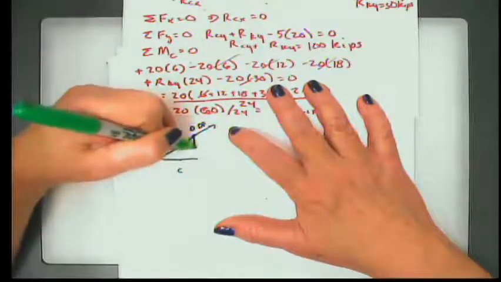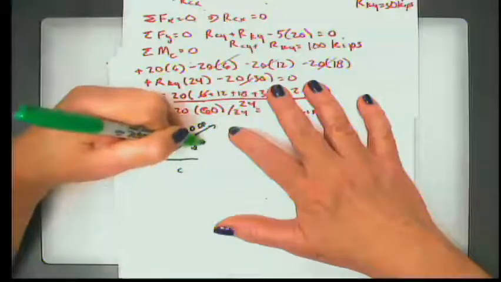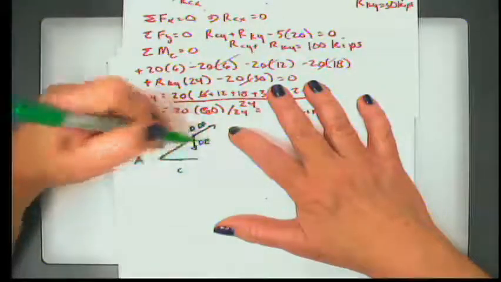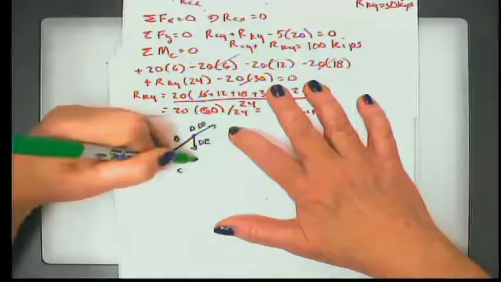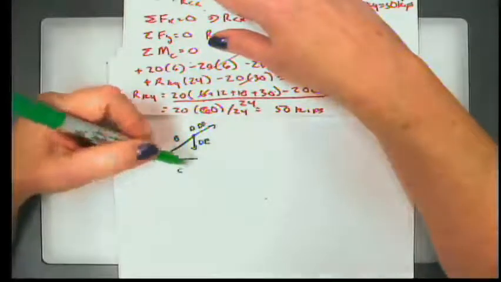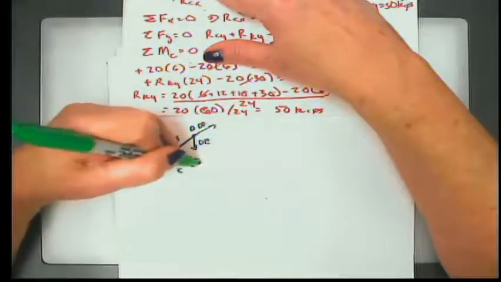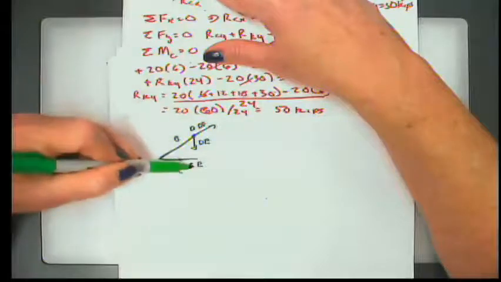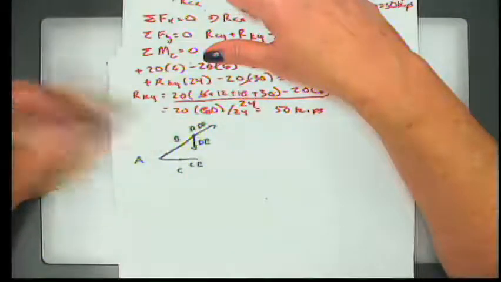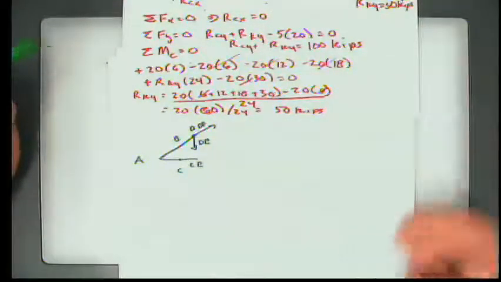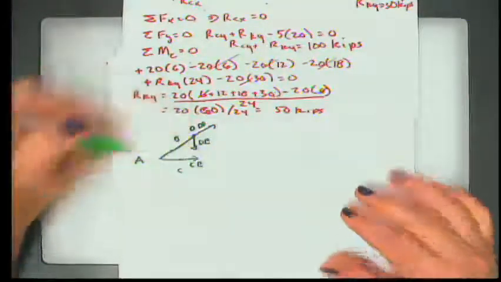Okay, I also cut here, so this is the force in DE. And here's point C, and I also cut here, so this is the force in CE. So I have CE, DE, and DF. Cut, ready to analyze,